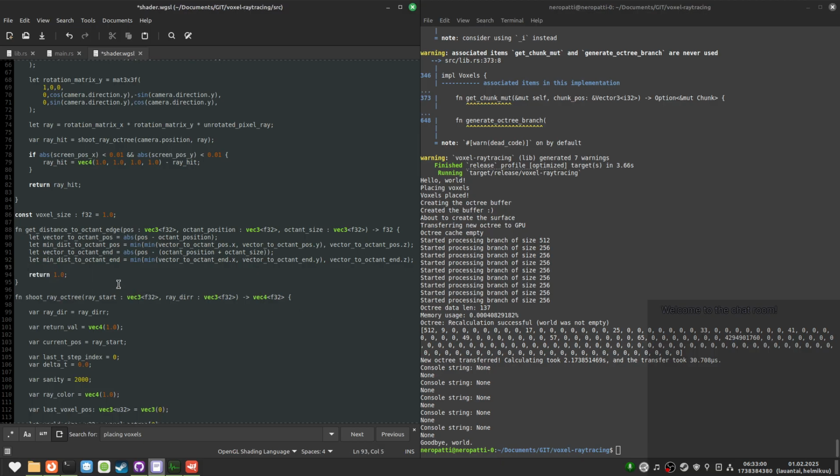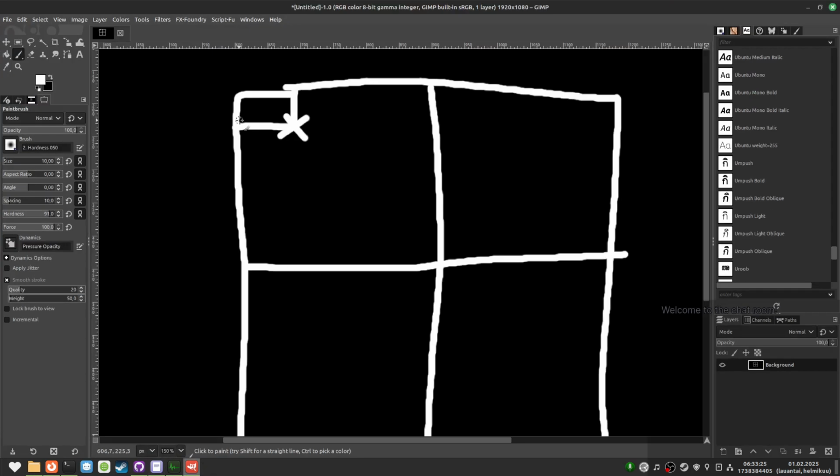Now, technically this should be calling the distance function instead of getting the minimum axis value. No, actually, this is correct. Because if we're close to the edge, like here, we still want to render the line.